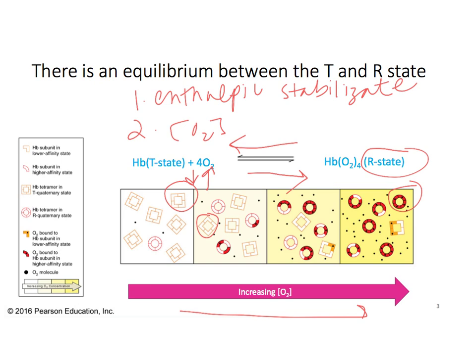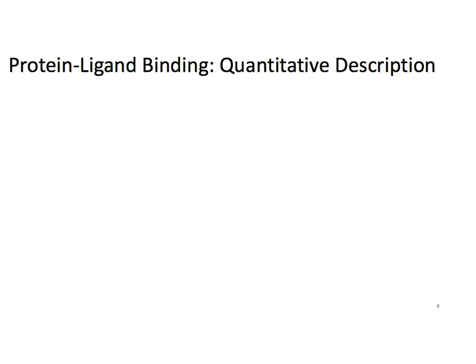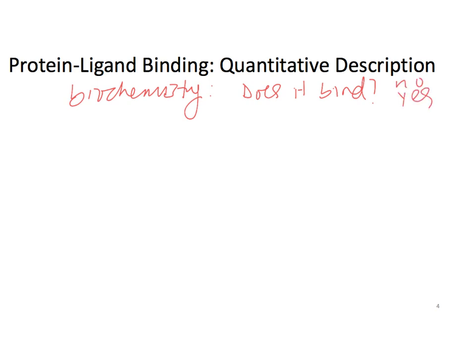Okay, that was all review from before, so now we're going to get into the quantitative description of protein ligand binding. Ooh, it sounds super fancy. It's super cool. It's a very important concept and quantity that biochemists use. So in biochemistry, or I should say biochemists, we don't just like to ask the question, does it bind? So does oxygen bind to myoglobin or hemoglobin? Because we really typically only get yes or no answers. What we really want to know